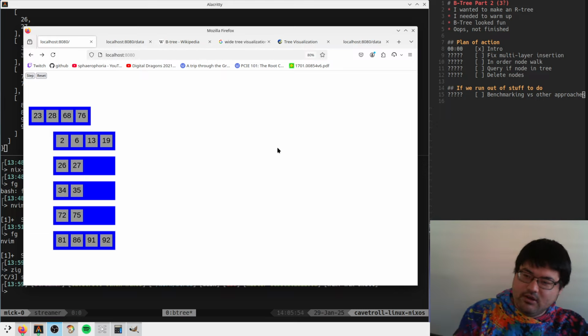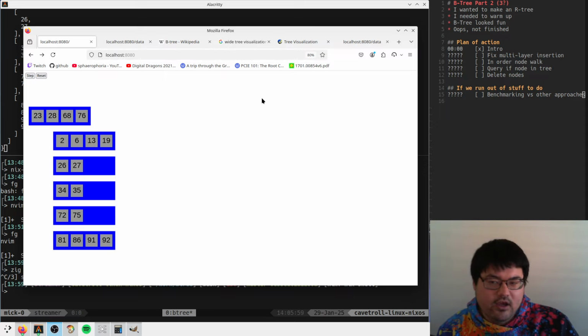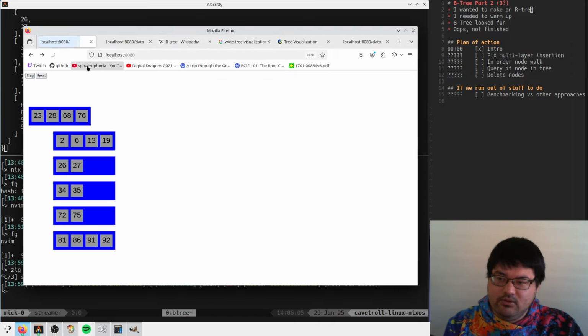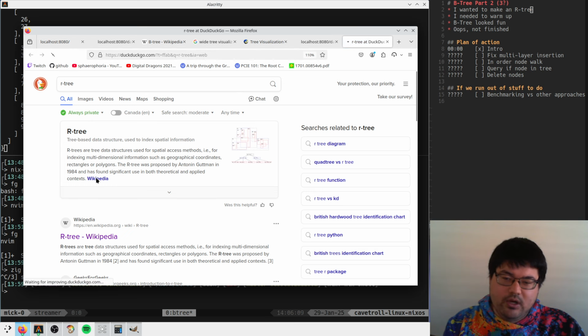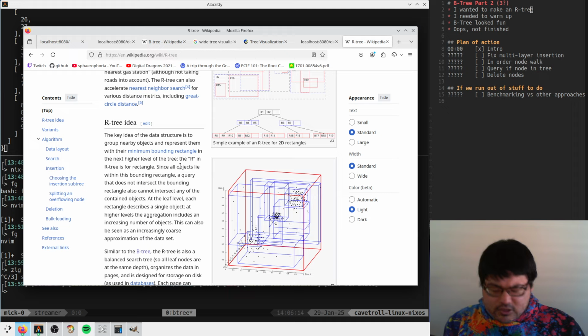Welcome back. Today we are working on our B tree implementation in Zig. Context here: I wanted to make an R tree, which is some sort of spatial data structure. Oopsies, I don't know what I just did. R tree, a spatial data structure, which would help us